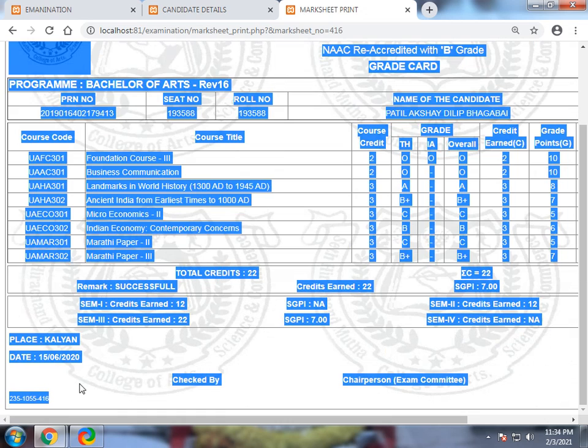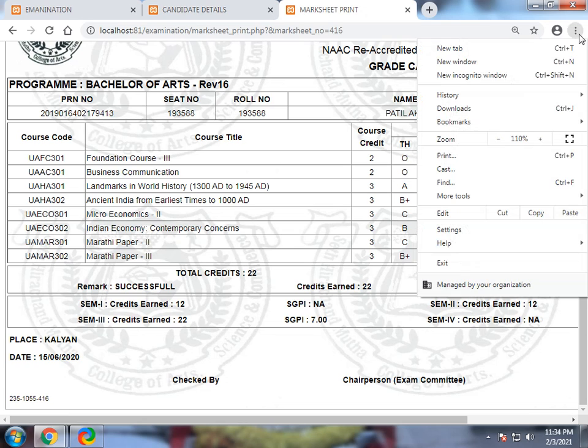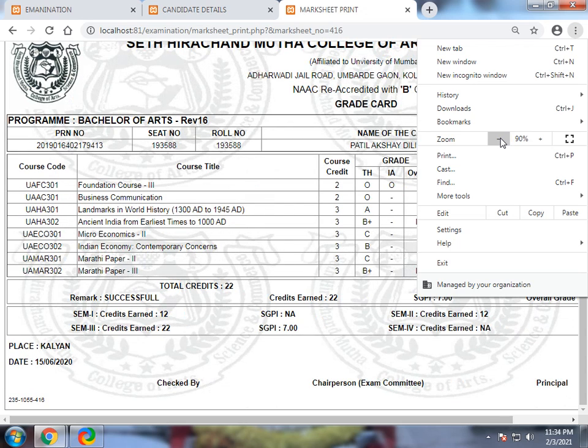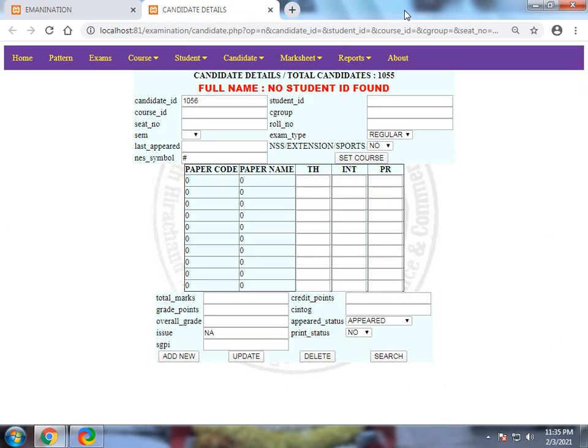This is a unique identification, so we can get an idea just by looking at this number. This is a unique ID generated automatically and printed on the mark sheet. It is for reference and administrative purposes only. It is not meant for the students themselves. So these are the mark sheet generation and everything.